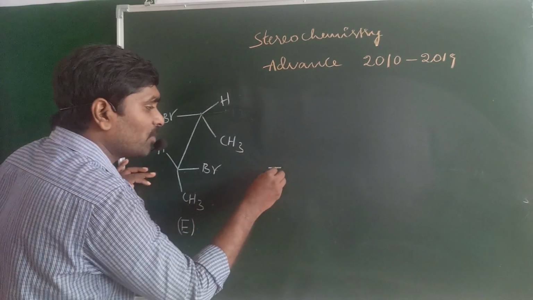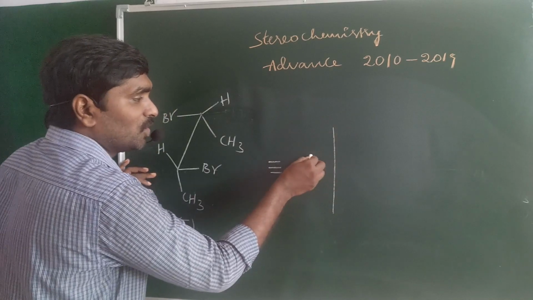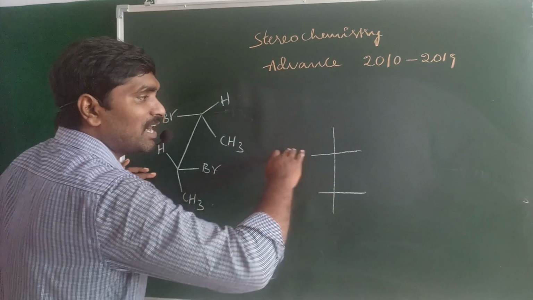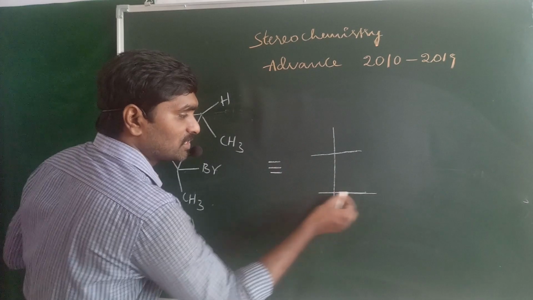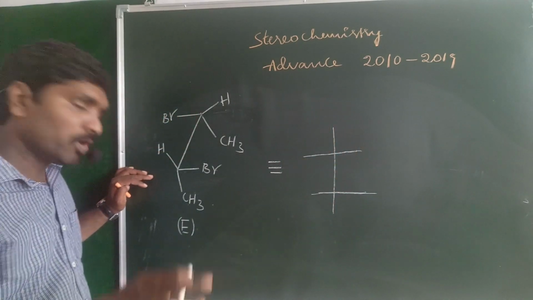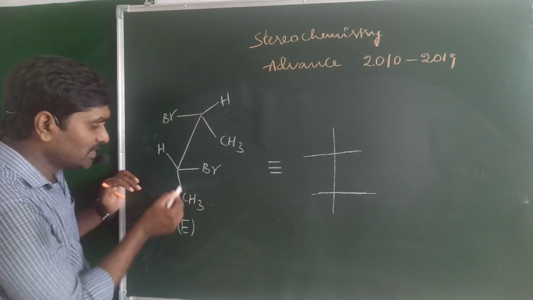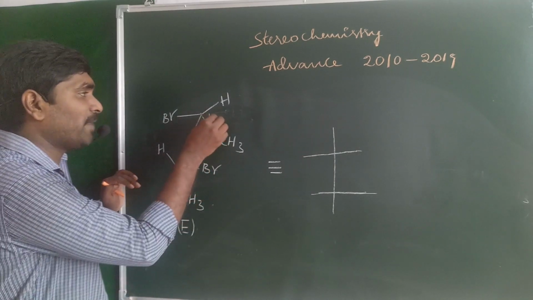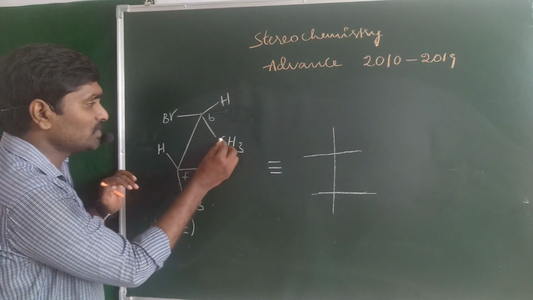So the eclipsed conformation may be converted into the Fischer projection. In a Fischer projection, groups are present on vertical lines and on horizontal lines. So the Fischer projection is like this. Okay. So the two CH3 groups. This CH3 is present below the plane, which is the front carbon, and that one is the backside carbon. So on the vertical line you have the two CH3 groups.